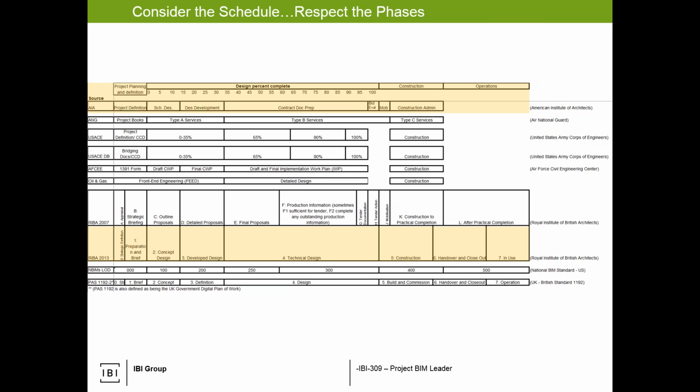We may one day have a heavy industrial engineering project where they say, well, now you're doing FEED. Well, that's kind of where front-end engineering ended up, and then detailed design followed suit. So if we're working for the Army Corps of Engineers, they have different terms, etc. So it's just a matter of semantics: we have different phases scattered across the globe or the industries, but they all boil down to roughly the same percent complete, and there is a lot of similarity across those project phases. So be cognizant of that.